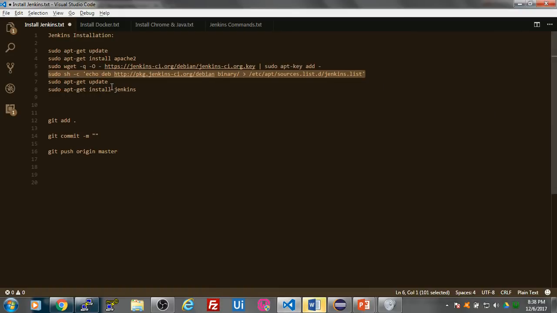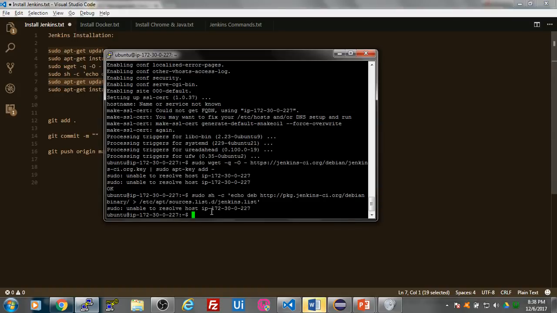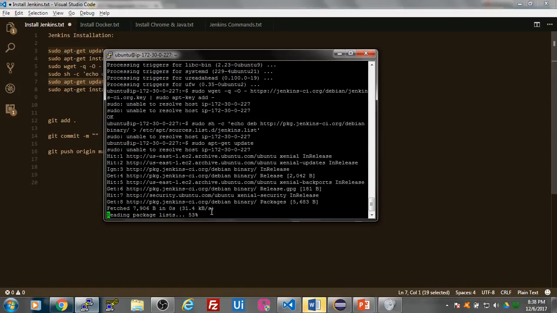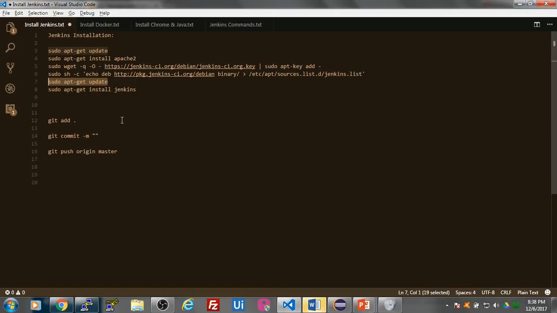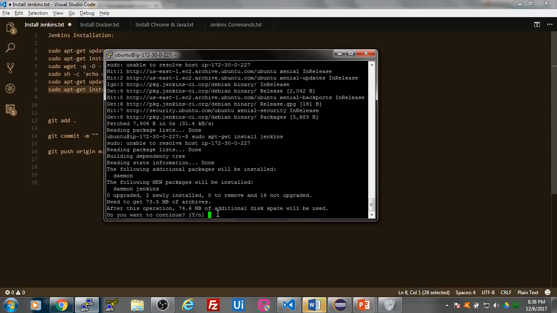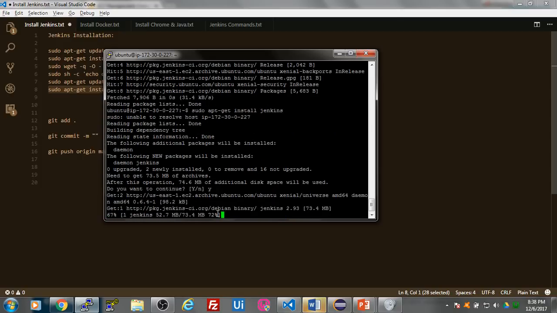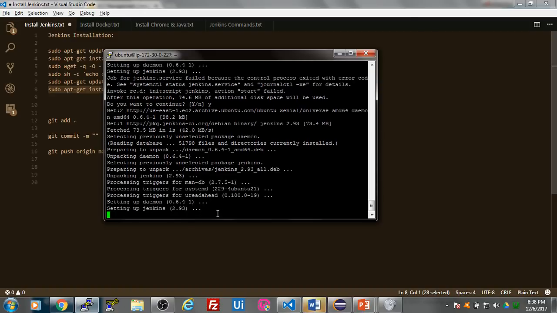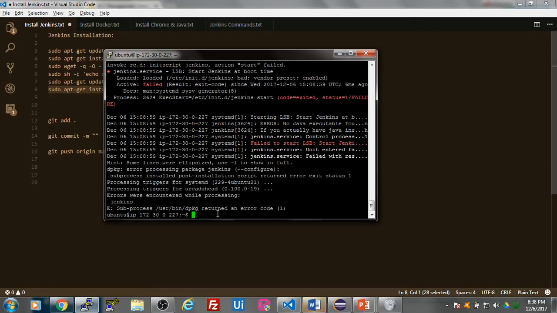Once you've done that, the next thing that you have to do is update it. So let us update our server. Right, updated. Now let's install Jenkins. Alright, so this will install Jenkins on your system. Be a little patient, it will be over in like 30 seconds. Once it is,